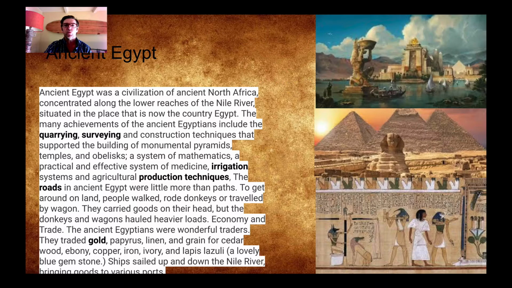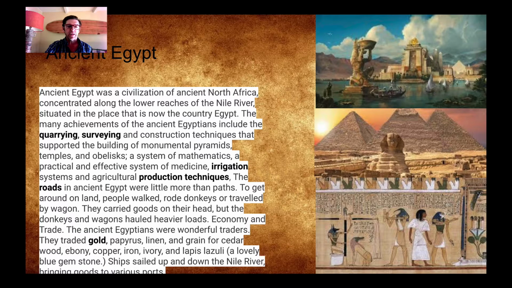Okay, there's our concepts for the week, and let's take a look at ancient Egypt. So you can learn a lot from cited research and visual evidence if you take the time to read it and look at the pictures. Ancient Egypt was a civilization of ancient North Africa, concentrated along the lower reaches of the Nile River, situated in the place that is now the country Egypt. The many achievements of the ancient Egyptians include the quarrying, surveying, and construction techniques that supported the building of monumental pyramids, temples, and obelisks, a system of mathematics, a practical and effective system of medicine, irrigation systems, and agricultural production